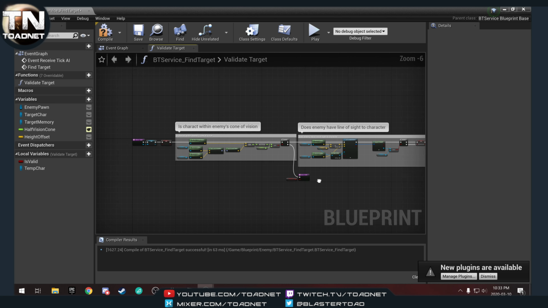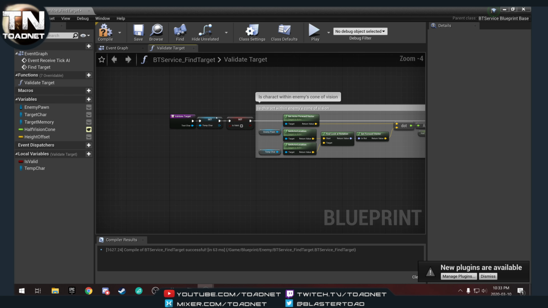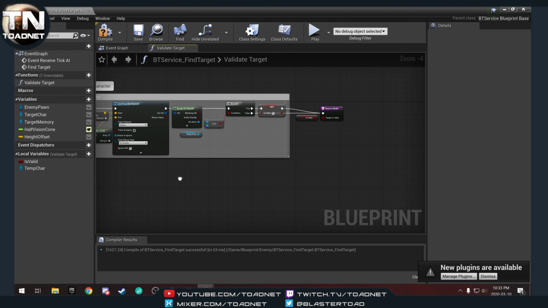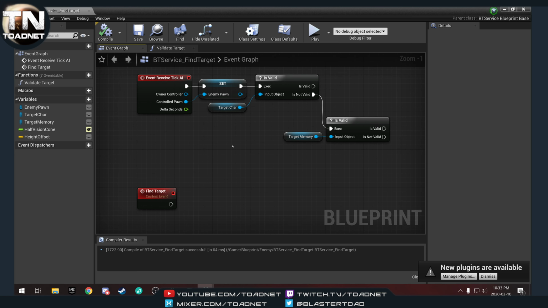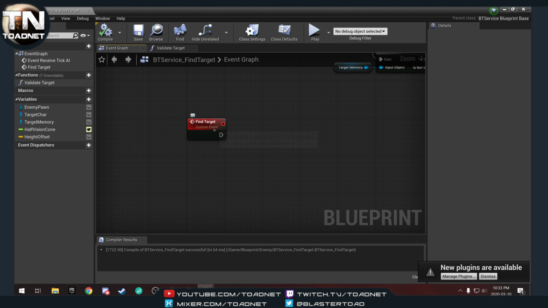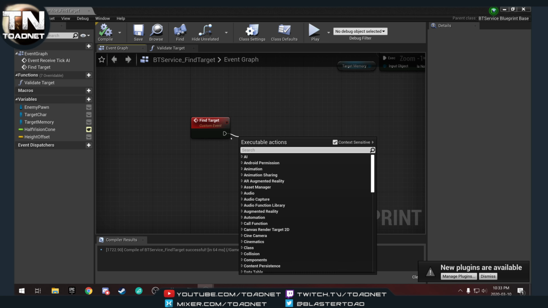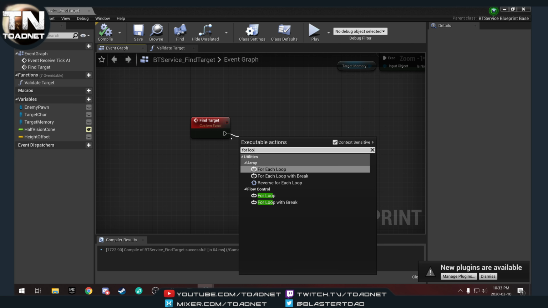So this way it's telling us whether or not the character we're testing against would be a valid target. We're just going to compile and save. We can go back to our event graph. So now for find target, we are going to do a for loop